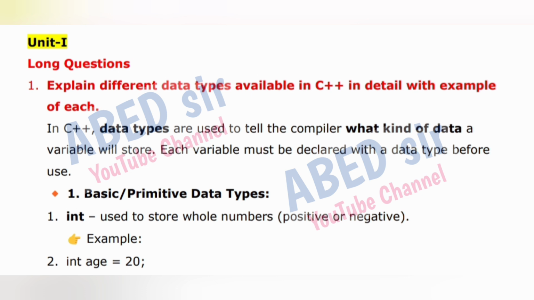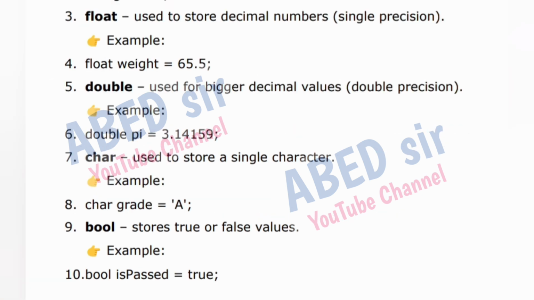1. Basic primitive data types. int is used to store whole numbers, positive or negative. Example: int age = 20; float is used to store decimal numbers, single precision. Example: float weight = 65.5; double is used for bigger decimal values, double precision. Example: double pi = 3.14159;